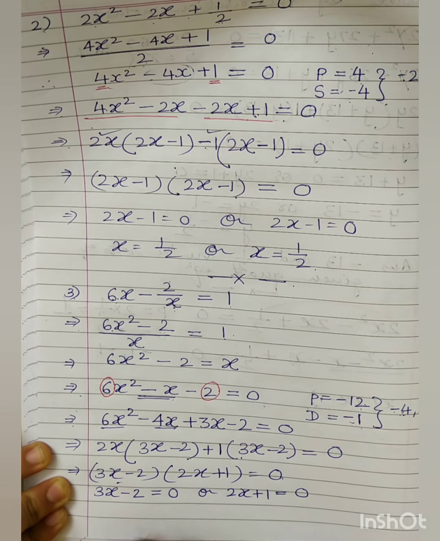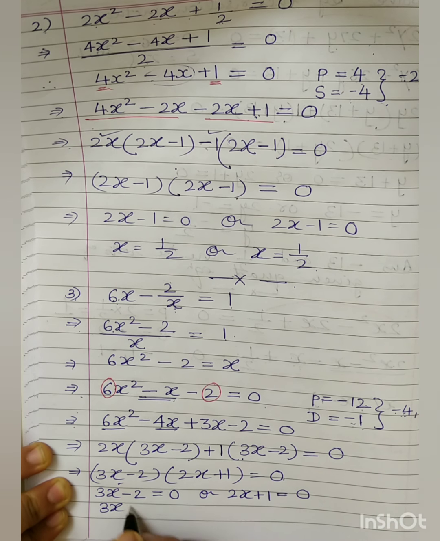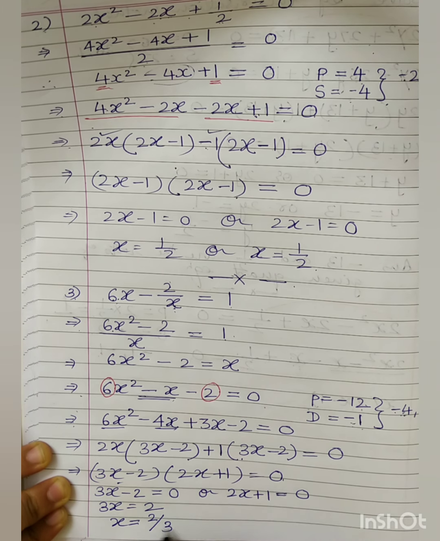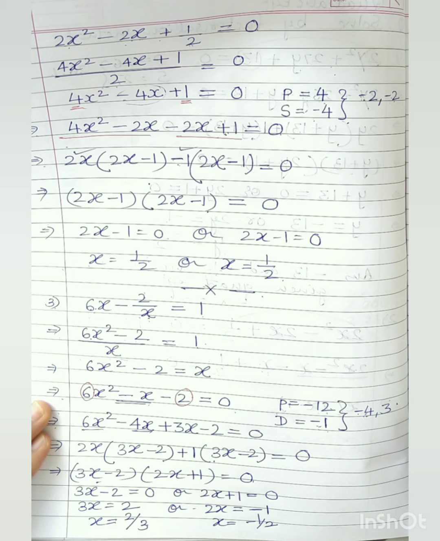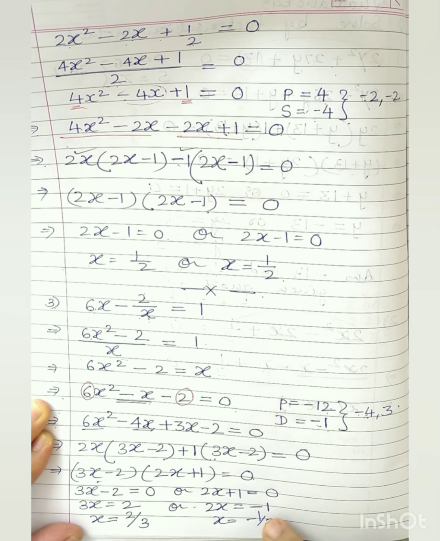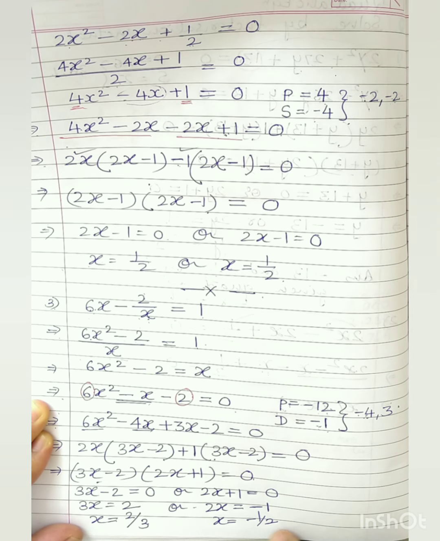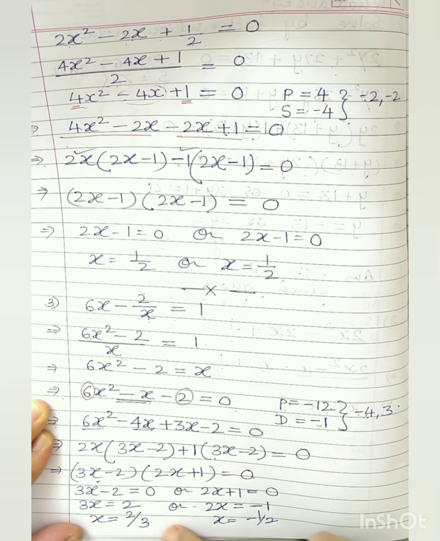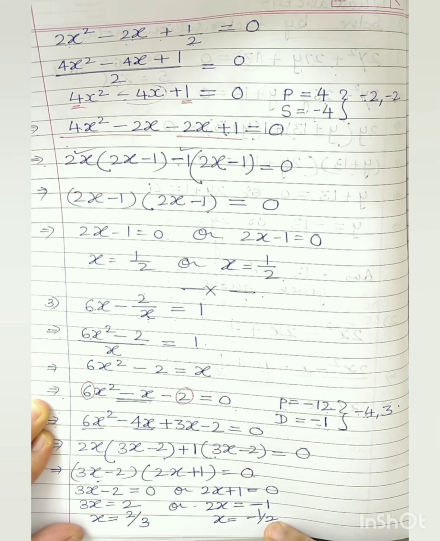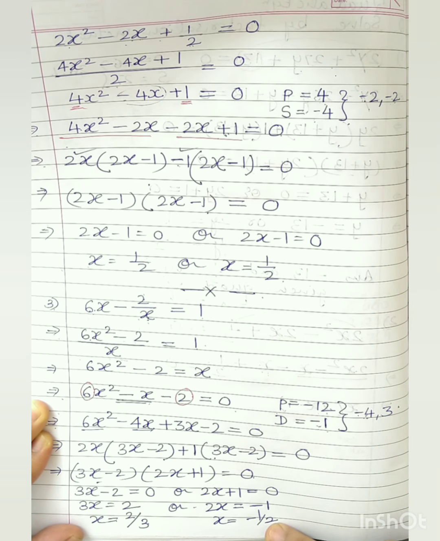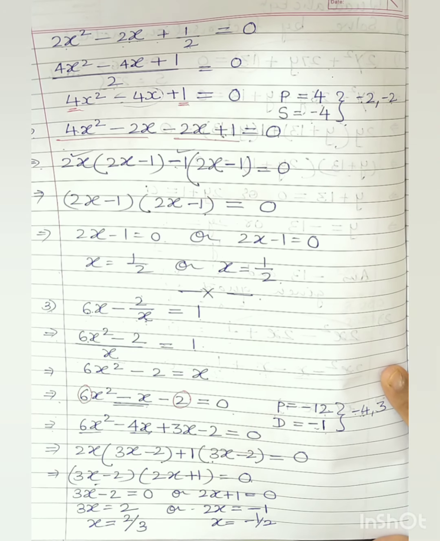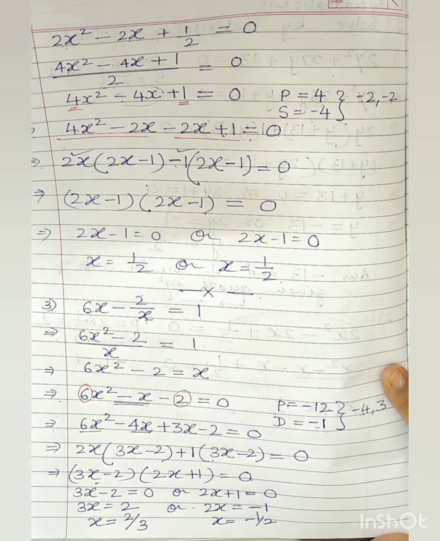So that comes as, 3x minus 2 goes that side. What will it become? Plus 3x is equal to plus 2. That gives you x is equal to 2 upon 3. Here also, 2x plus 1 is equal to 0. So 2x is equal to minus 1 and x is equal to minus 1 upon 2. Okay. So these are the two roots of this equation. Children, study these sums, understand, try some more questions from the practice set. In the next video, we shall continue with more different, more challenging questions to be solved using the factorization method.